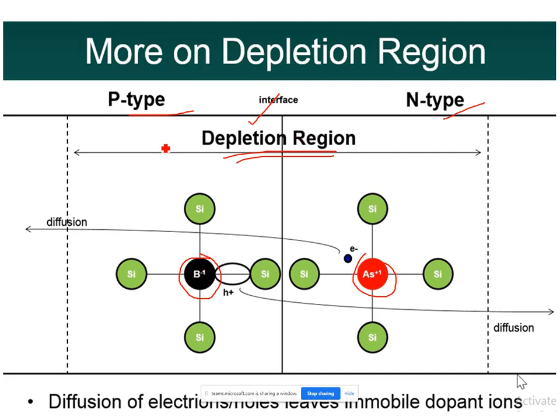So in this figure, from this point to this point, we have the dashed lines. This is the width of the depletion region only, so we are looking into the depletion region. We are seeing what actually happens in the depletion region. We all know that the depletion region is something like a barrier for the flow of current. Why it is like a barrier and why it obstructs the current, we'll study now.